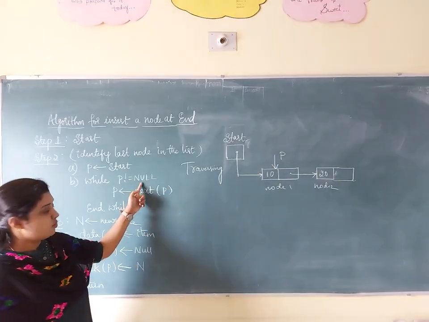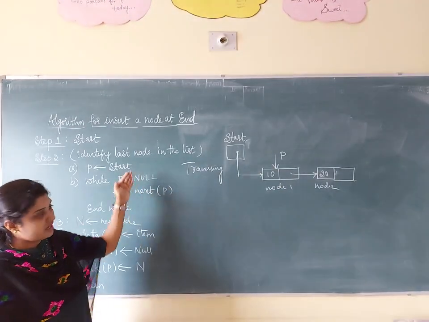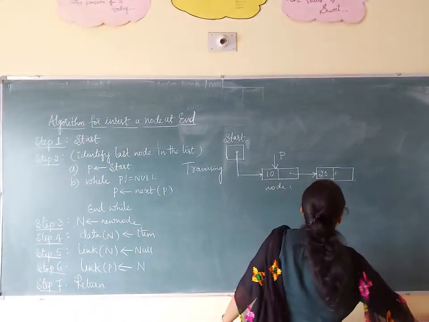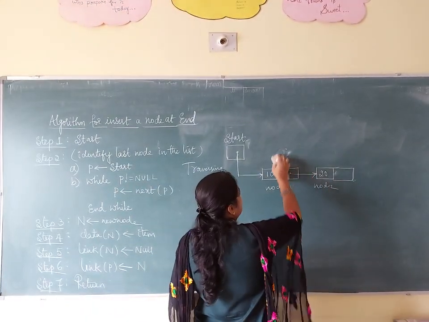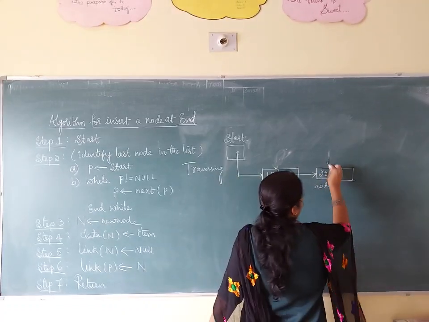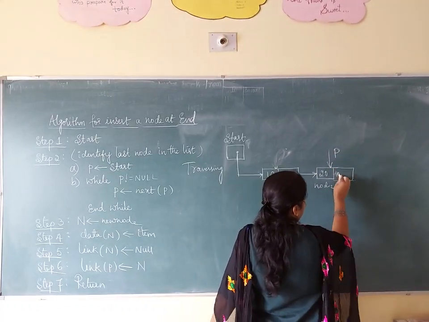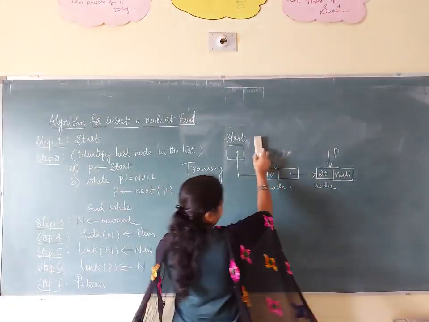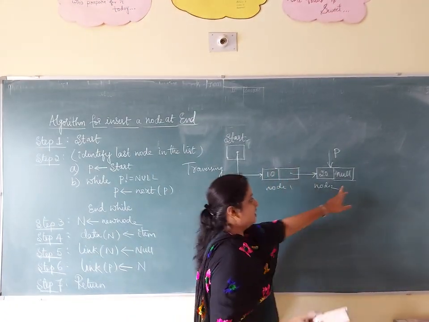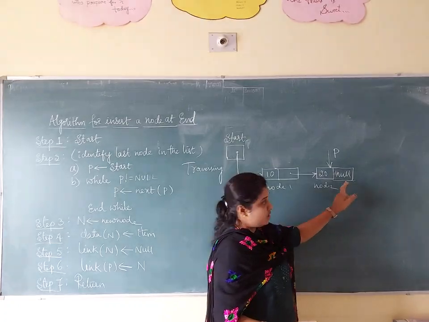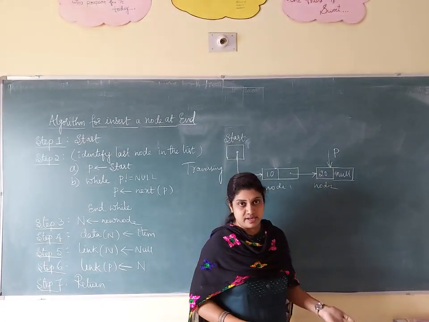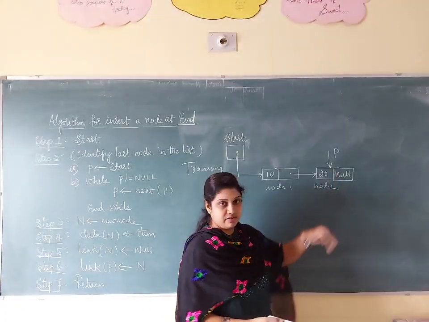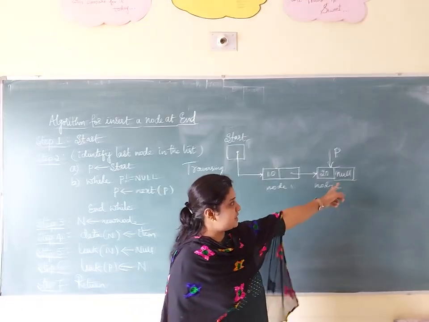So it is not equal to null. So the pointer will be incremented. It will go to the next of P. What is the next of P here? Now it is here. Now P will be incremented. Now P is pointing here. P is pointing there, and assume that we have taken null. Okay, we are using null. So it indicates what? End, right? Because any node that ends with null becomes the end of the node.